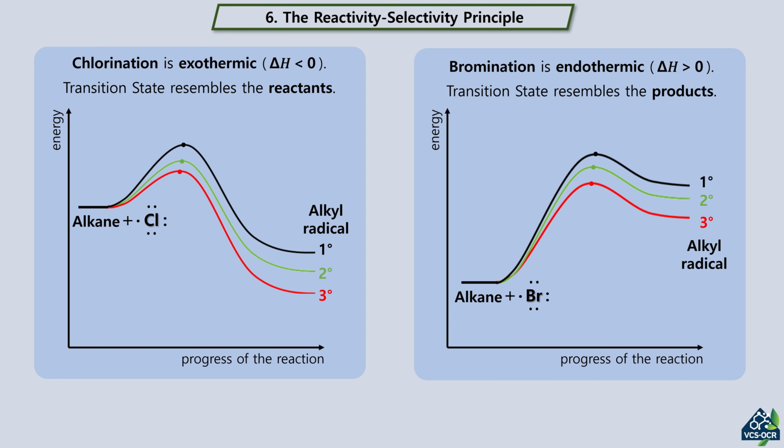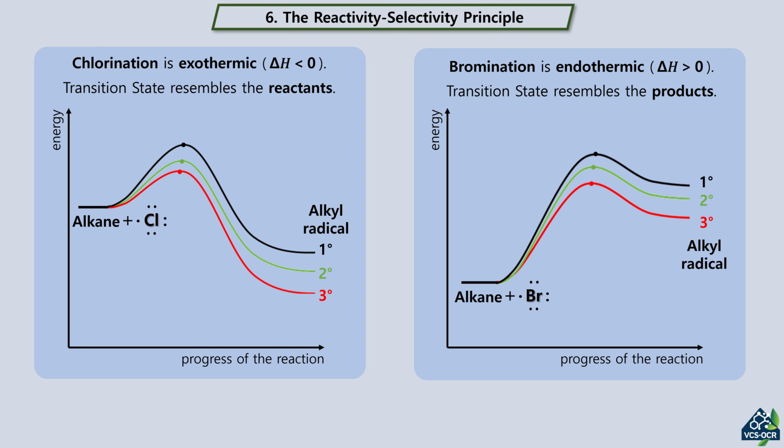Chlorination is strongly exothermic. According to the Hammond postulate, the transition state resembles the starting materials. This is an early transition state. The C-H bond is barely broken in the transition state, so minimal radical character develops on carbon. Thus, the relative stability of a primary, secondary, or tertiary radical has little effect on the activation barrier, leading to